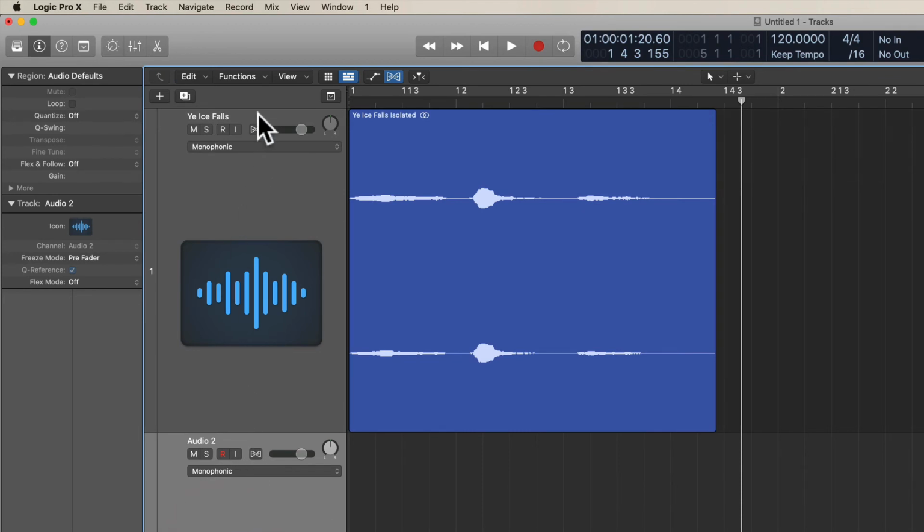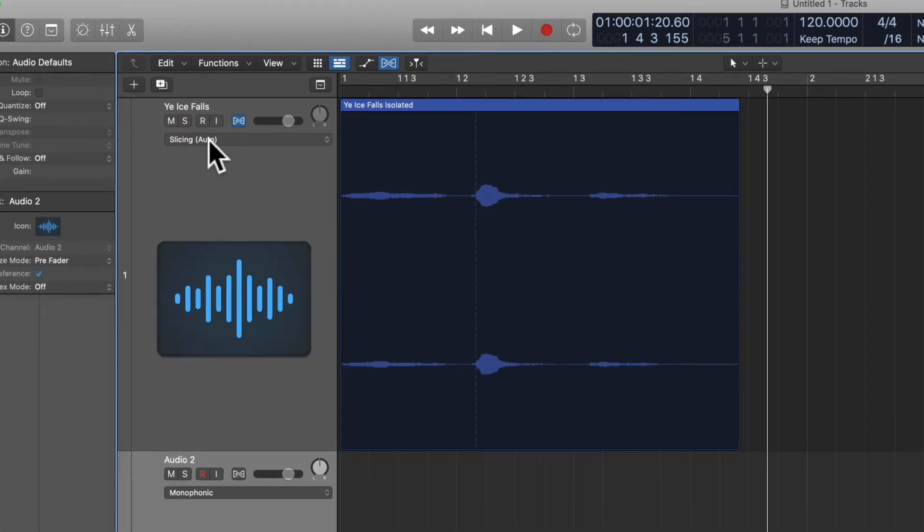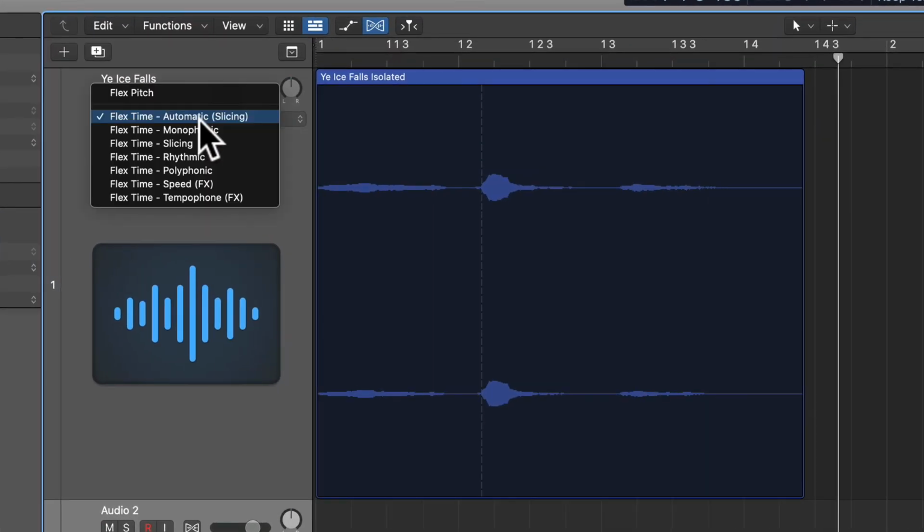There's one. You'll notice that since I've turned it on, there is now this button for flex time. If I turn off this view flex time, I don't see that, although I may have flex time in that track. So if I turn it on, I can see whether I've turned on flex time or not. If I turn it on, then I see some options right underneath it. And if I click on that, I'll see some flex time options, various algorithms to help for different types of